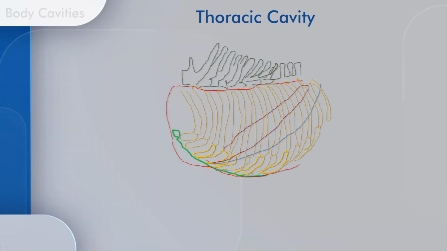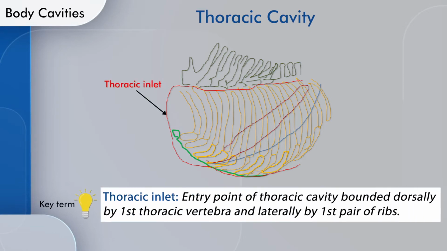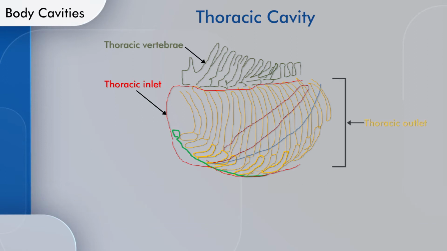Let us learn in detail about the thoracic cavity. The bony thorax surrounds the thoracic cavity as well as other structures. The thoracic cavity is bounded cranially by the thoracic inlet, the space between the first pair of ribs, the body of the thoracic vertebra and manubrium. Caudally by the thoracic outlet, the space between the last pair of ribs, the costal arc, the body of the thoracic vertebra